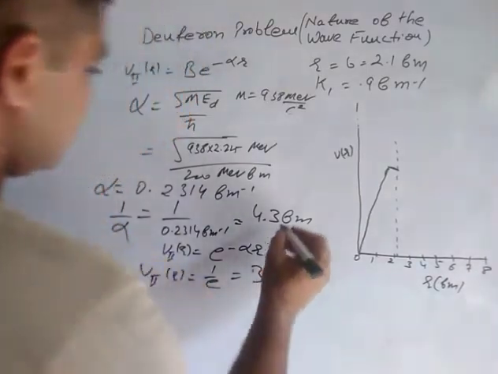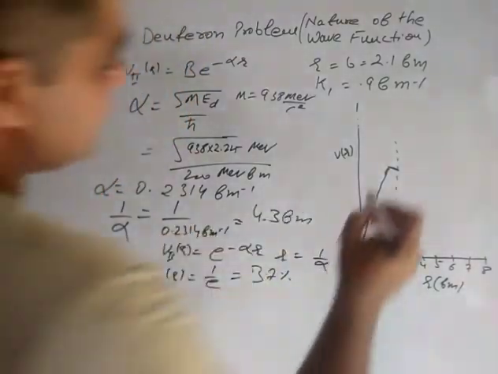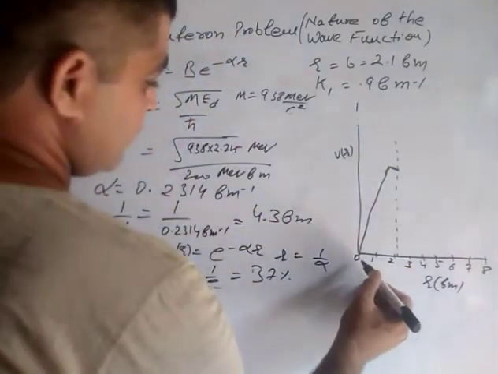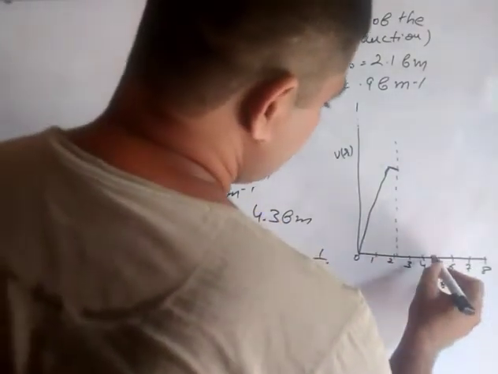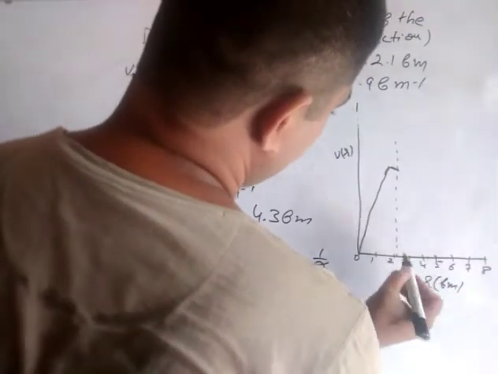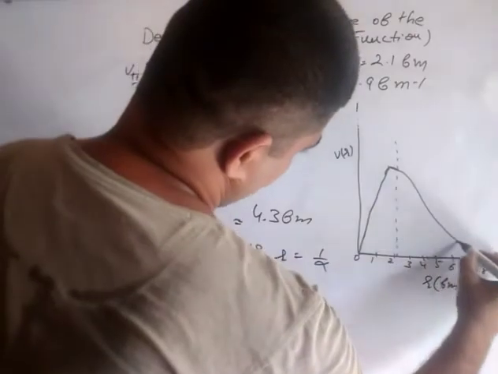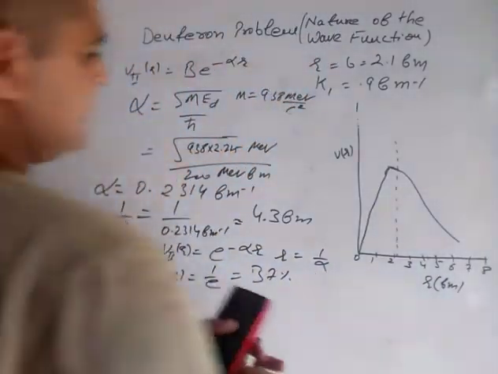Here the maximum value is at 1.74. So at a distance of 4.31 femtometer from the center, the wave function will reduce to 37% of its maximum value. So the wave function will be something like this. Basically it is an exponential curve.